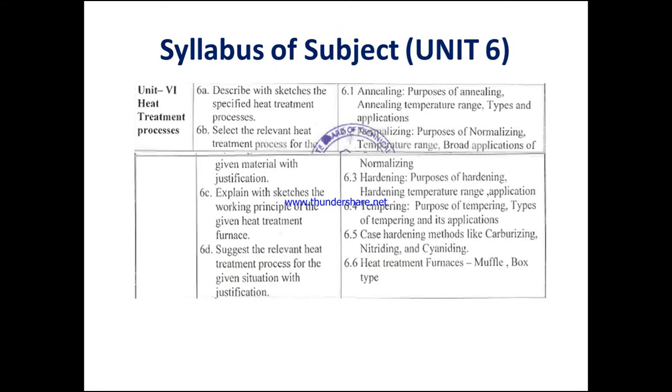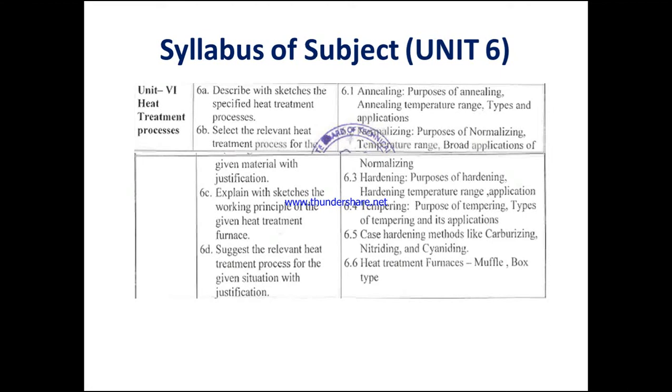Then what are the different types of heat treatment that we have to study? That is annealing. In this case, what is the application of annealing, which property will be enhanced by adopting the annealing process, and what is the temperature range. Actually, this heat treatment we will study for ferrous materials only, because, as we know, about 90% of the material used is ferrous, and we have to increase the properties of that material by adopting either alloying or heat treatment.